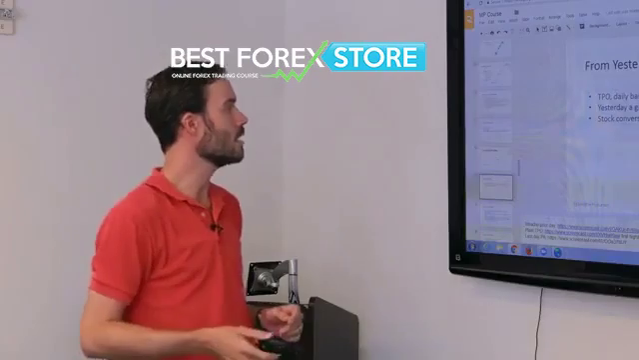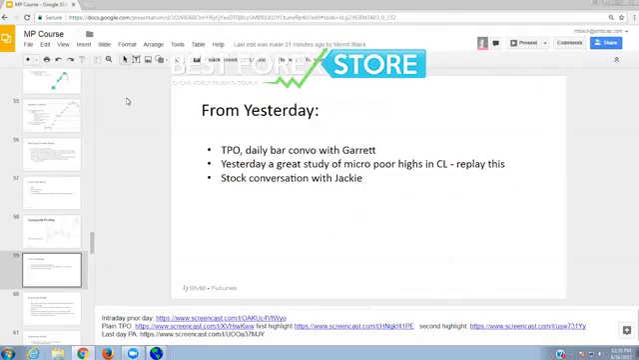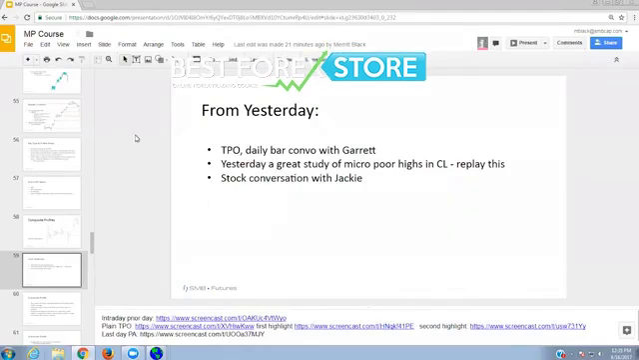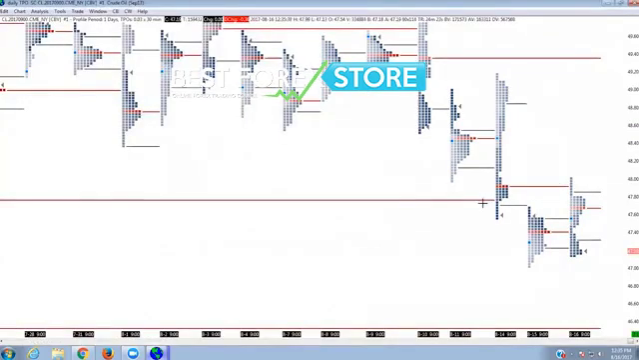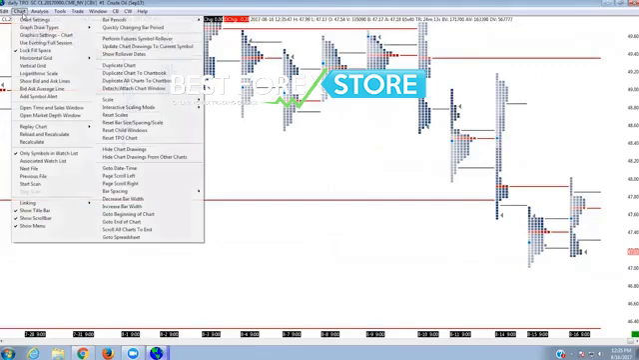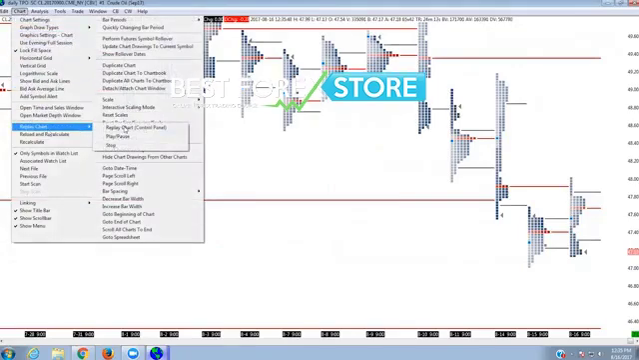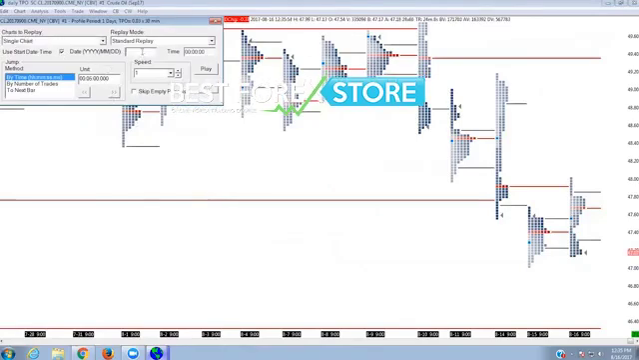Yesterday was a great study of micro pour highs in crude oil. And in fact, that little bitty video that we were looking at yesterday was yesterday's profile up to that point. So it's hard to tell right now, but what we're going to do here, this is crude oil, and we are going to go back to yesterday. We're going to replay this chart at a fast speed. We are going to start from